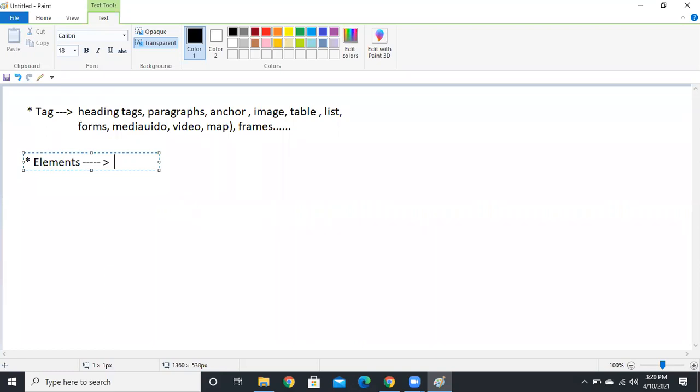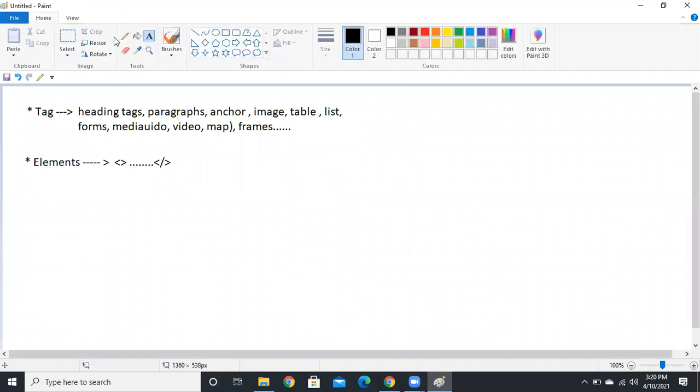You can count the block as an element. The combination of both the open tag and closed tag, we can call it an element.